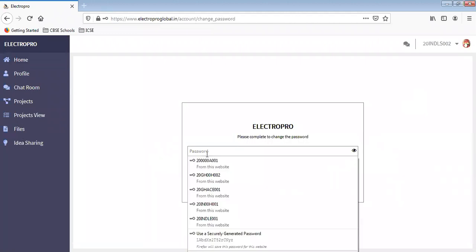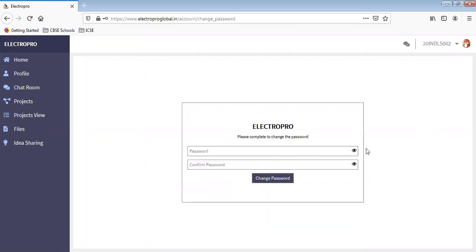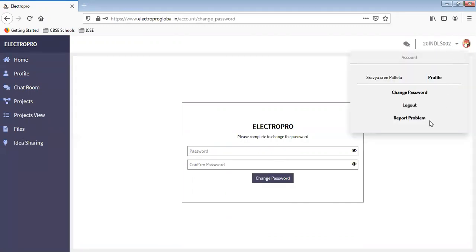You can type a new password and click on change, then go back to login and log in again. If you are facing any problem regarding the site or any update in this dashboard, you can click on report problem. It will go to a support mail, and the people will answer your questions shortly.